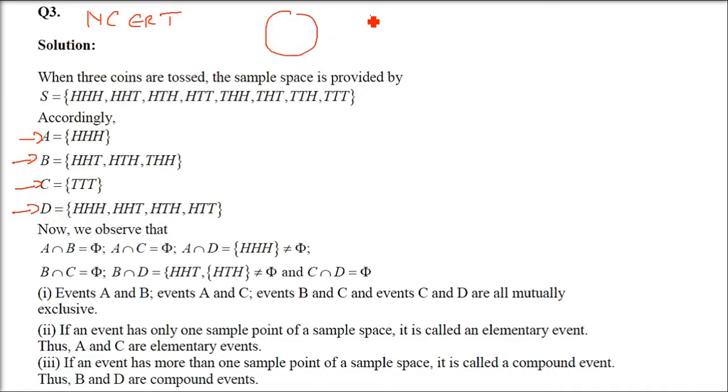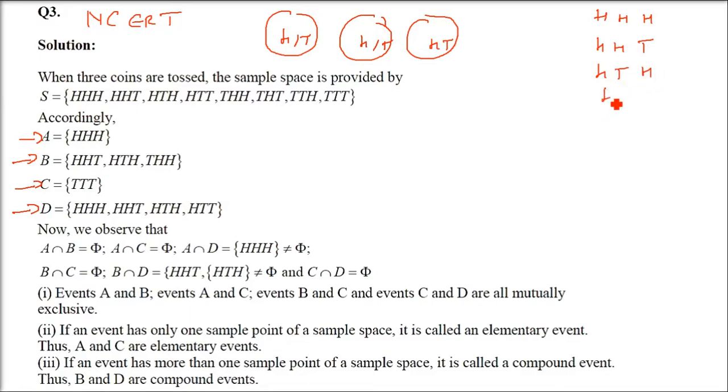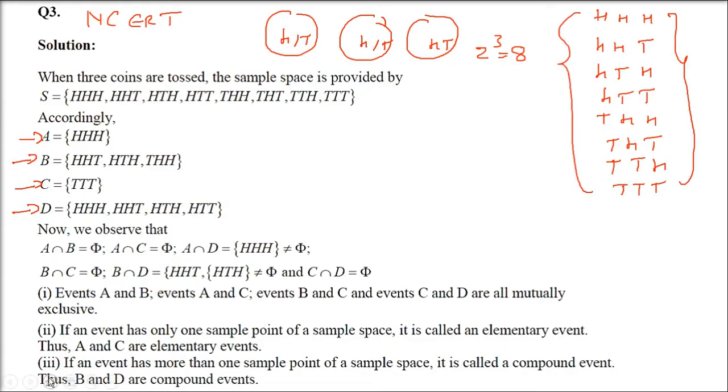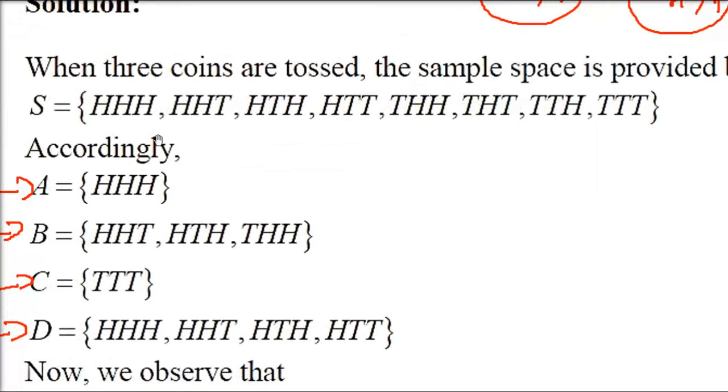So let us make the sample space first. That is all the elementary events which are possible. So if you see, there are 3 coins, head or tail can come on each. So you know that there are 2 possibilities, and there are 3 coins, 2 to the power 3, that is going to be 8. So head, tail, then tail, head, and so on, up to 3 tails. You can verify also. As I said, 2 possibilities are there, H and T. So 2 to the power of how many coins are there? 3. So 8. So you can verify also that you have done it right or not.